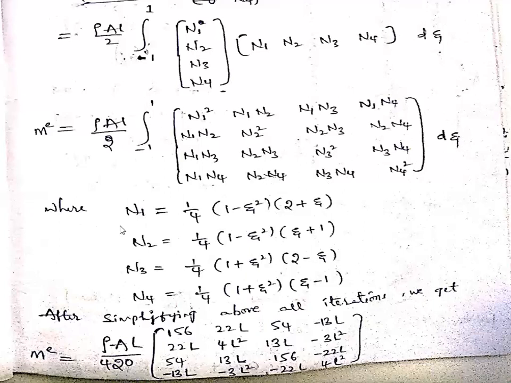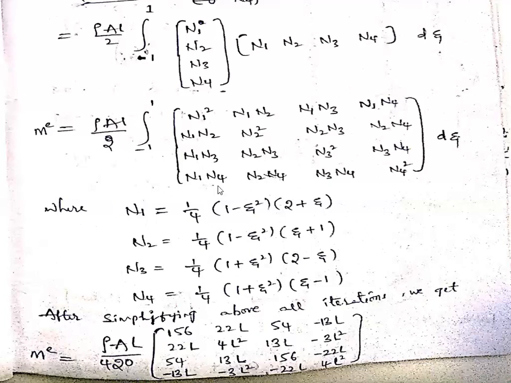So let us recall from the beam, the shape function N1 can be written as 1 by 4 of (1 minus zeta) square into (2 plus zeta). Similarly, shape function N2 can be written as 1 by 4 (1 minus zeta) square into (zeta plus 1). Similarly, N3 is equal to 1 by 4 into (1 plus zeta) square into (2 minus zeta). And shape function N4 is 1 by 4 (1 plus zeta) square into (zeta minus 1). These are the shape function values, or we can say Hermite shape function values, that were obtained in the beam chapter. So from the beam chapter, we recall the shape function formulas in terms of the natural coordinate system.